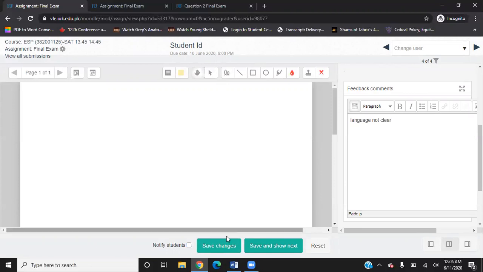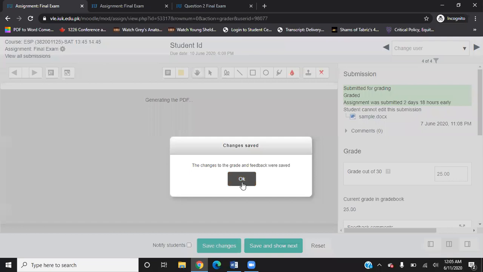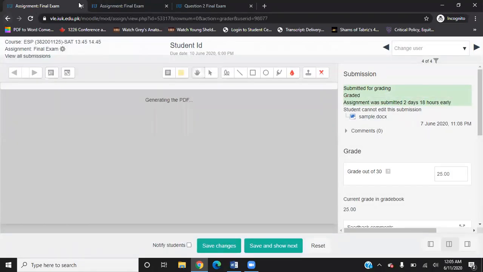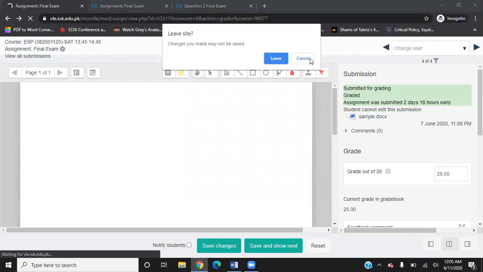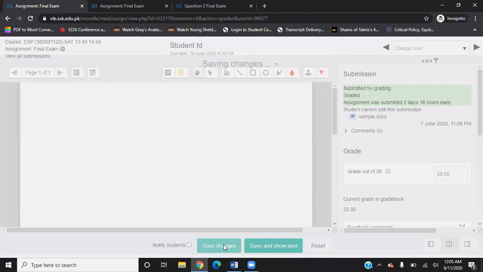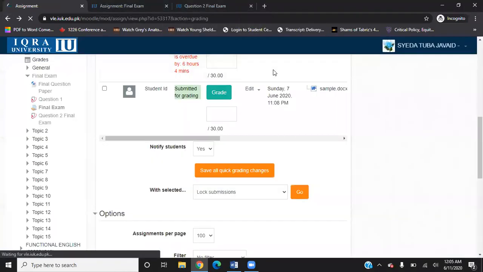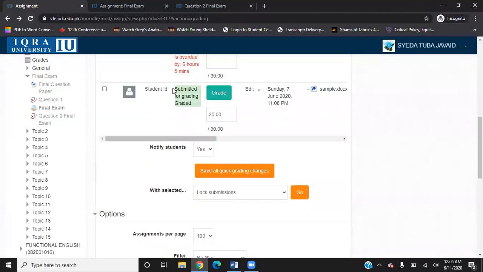I'm going to remove the tick from notify the students and I'm going to click save changes. So when I go for save changes, it is going to save my mark over here. See, the grade and the marks were saved. So when I go back to the main page, okay, it says that it's not okay. I hope it's saved now. See, save changes and it says saved. Once the marks are saved, I can go back. I can leave this. See, it is going to get refreshed. See, the marks are here as well. So when I go for the final sheet, I can use the marks and I can make my final grades as well.